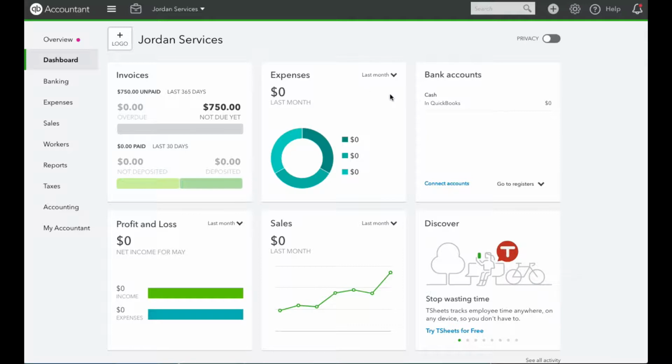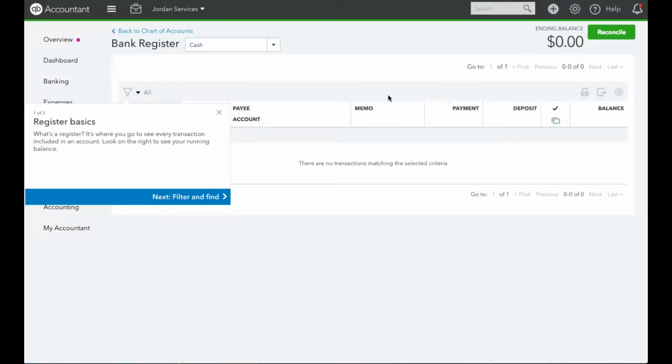I'm going to show you today how to create manual transactions in QuickBooks Online. Since we don't have any bank accounts connected, you can do the same with those after you connect them, but what we have is the cash account. So we're going to start there,